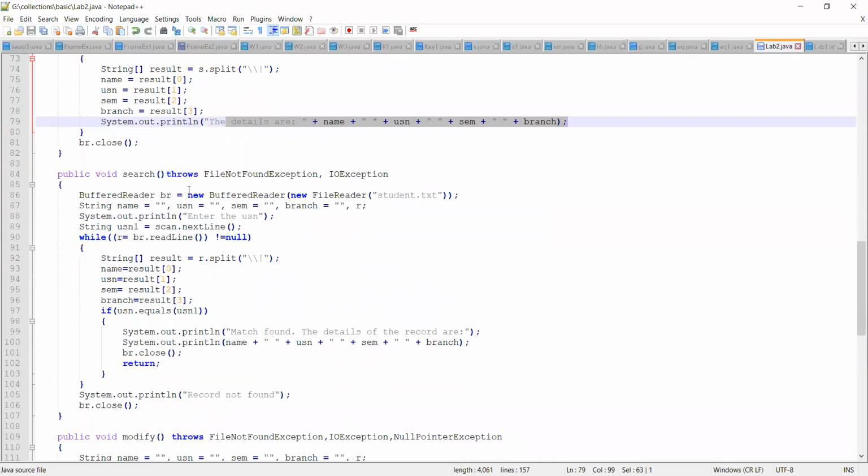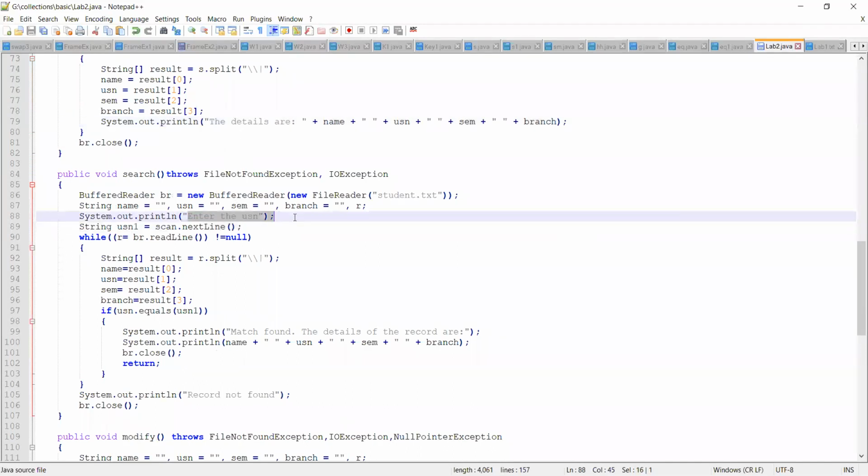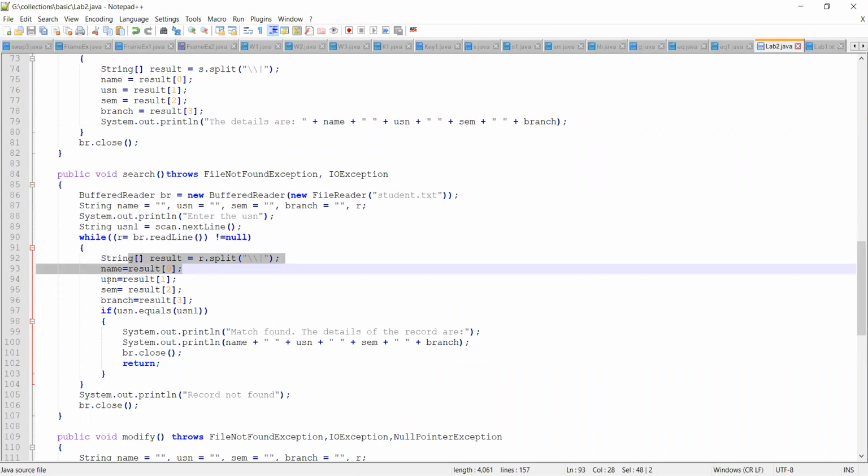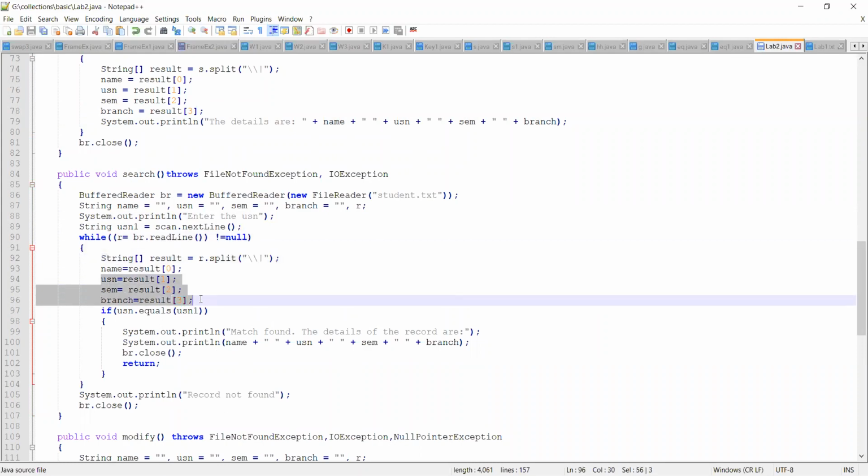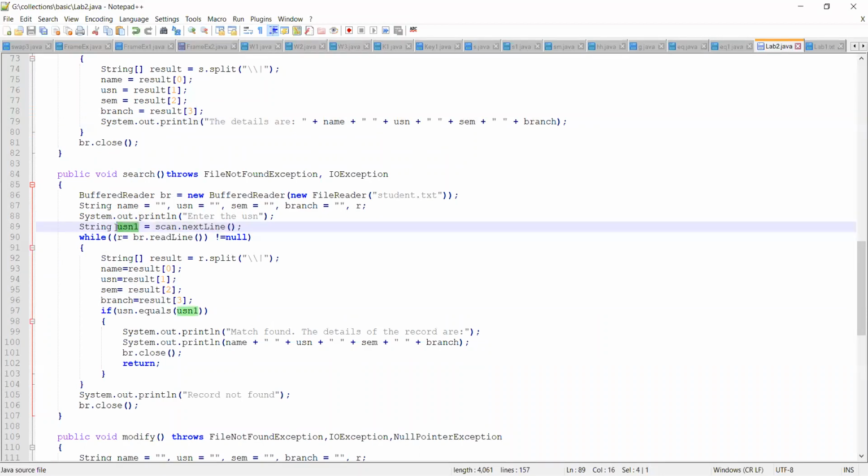Now coming to the search function, I told you that again we need to accept the USN from the user. So this is what we're asking the user to enter. After accepting the USN, you're going to extract the first record from the file, apply a split function, store the split values into the appropriate variables, and check if the user entered USN, which is present in USN1, is equal to the USN you extracted from the record fetched from the file.